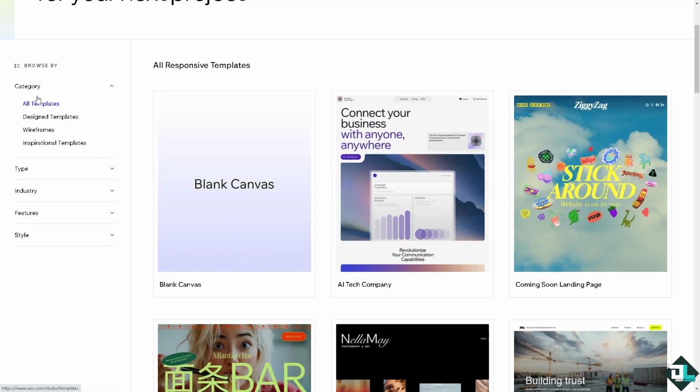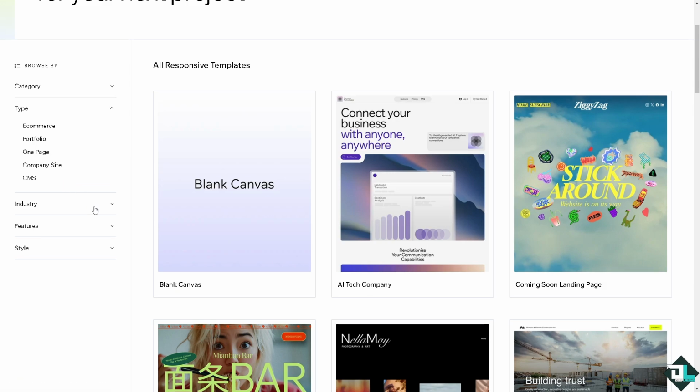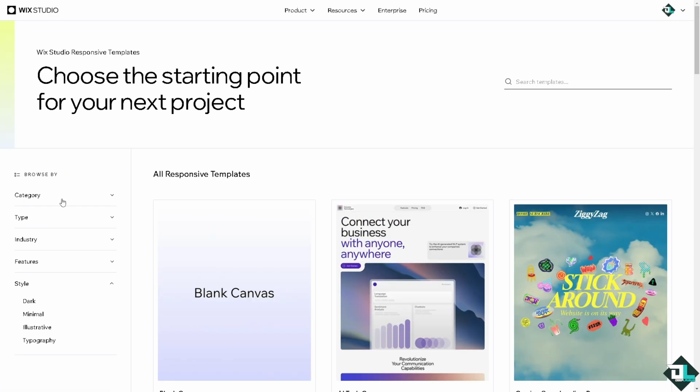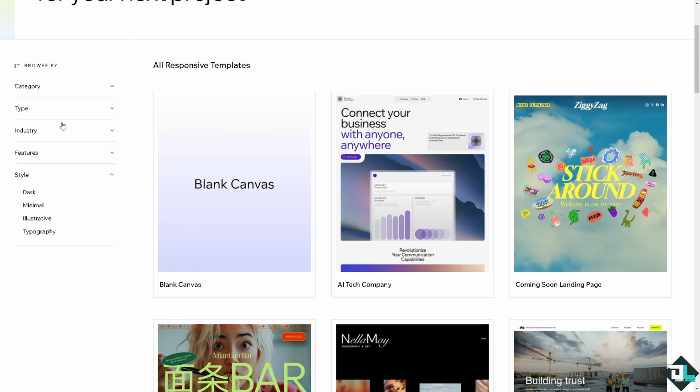So on the left side, you can browse by category right here. Design templates, wireframes, type. Is it going to be an e-commerce, one page, portfolio, CMS, company site, industry or business, technology, creative, fashion and beauty, features like stores, bookings, portfolio, blogs, events, pricing plans, restaurant, and the style could be from dark, minimal, illustrative, and typography. Now, the reason there are a lot of categories here is to make Wix